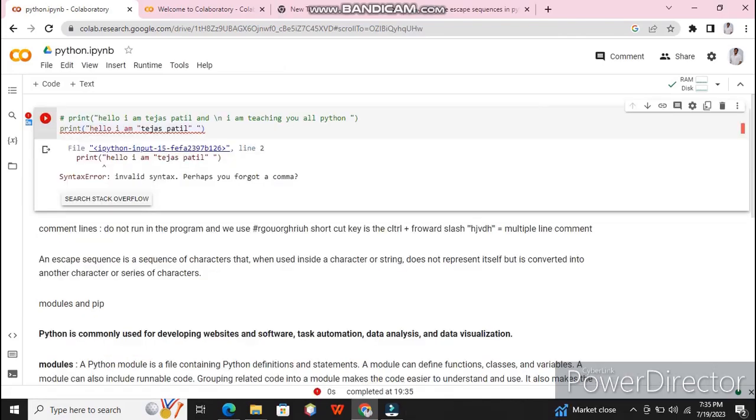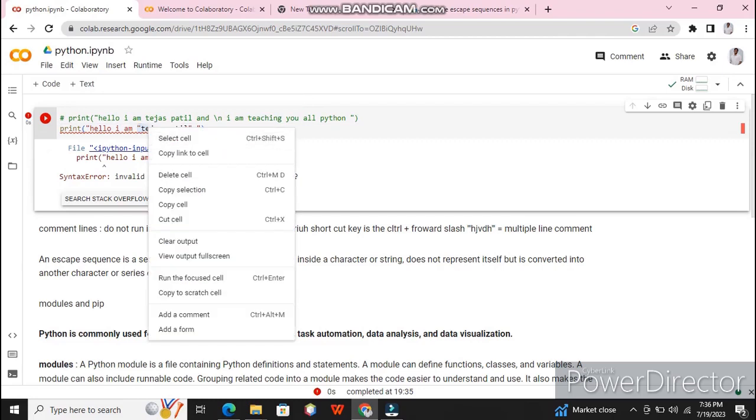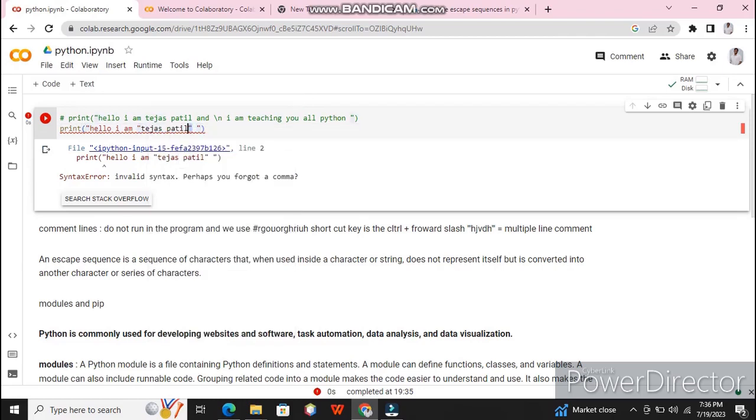So now I want to print my name, Tejas Patwell, between double quotes. Okay. So I tried doing it by this: Hello, I am, and here a double quote, and after the name, I place another double quote. And by running this code, I got an error. So it could not be printed like that. So here comes into place